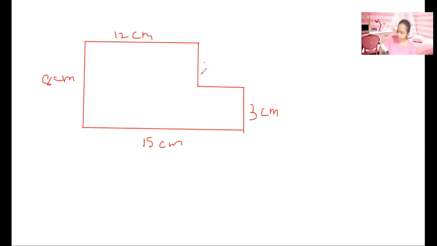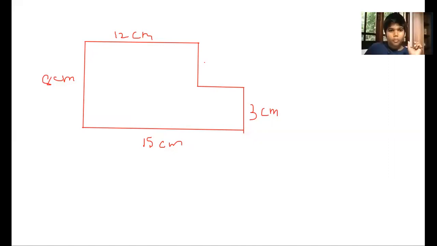Composite area. Area of the composite plane figure. Quickly you do. 100 square centimeters. Okay, now we can check the answer. You can separate like this method, or you can draw the line this method. Any method you can use, no problem. But correctly, you have to find the length and breadth of the squares and rectangles.